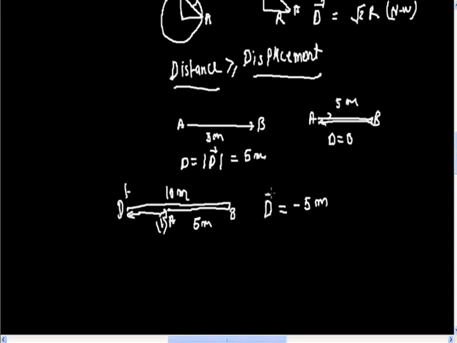Then the displacement comes out negative, because if we take O as the origin, then point D is opposite to A, therefore we introduce a minus sign, because displacement contains a direction. The minus sign shows that it is in the opposite direction from the origin position, therefore displacement comes out negative.